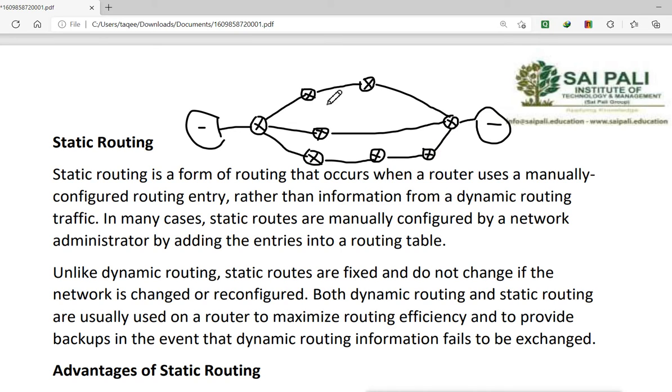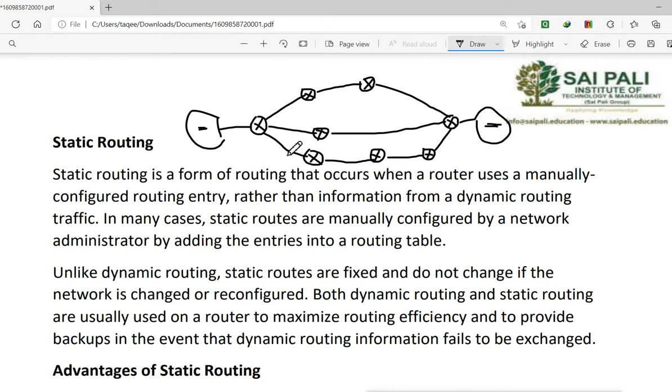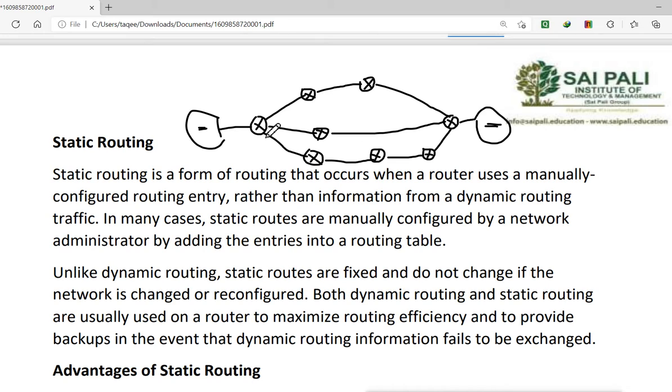So we have three paths here to reach the destination network, either from here to there or there to here. Now what we'll do is choose the shortest path. A router's job is to choose the shortest path. So how will it choose the shortest path?